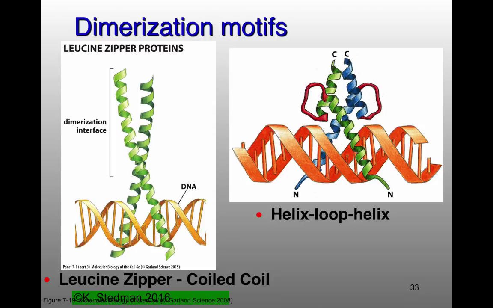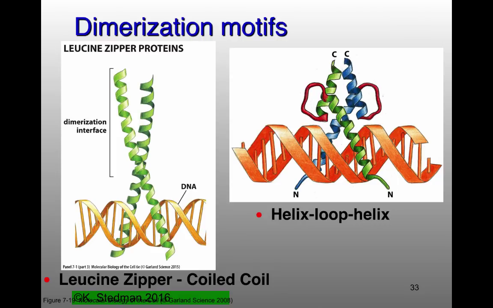Okay. So the idea here with dimerization motifs, and interestingly enough, again, getting back to your question, Olivia, if you look at heterodimers in bacteria, you actually don't see them very often. You almost always see homodimers. And that's probably because the genome is a lot smaller in many of these cases. And so the specificity issue is not such an issue. So, but we'll get to that in just a second.